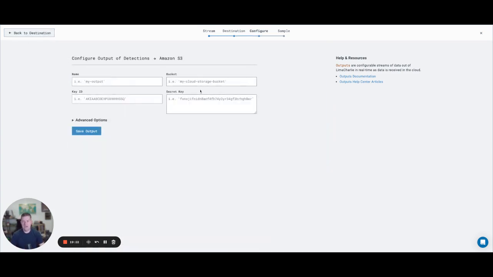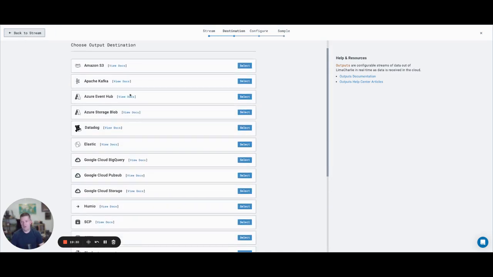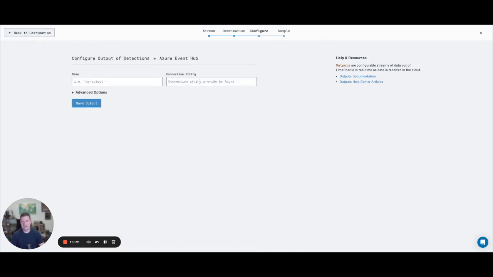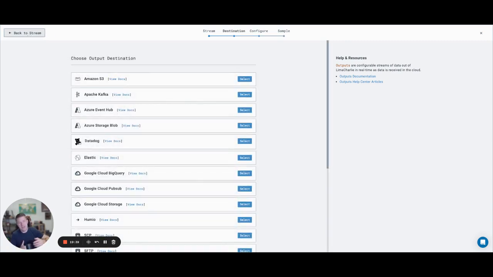If I hop over and take a look at S3, for example, S3 bucket configuration is pretty straightforward. I will need that key ID, secret key. If I hop over to the Azure Event Hub, it's the exact same thing. Long story short, I like to tell folks this is not a send it off into the ether and you never hear from it again. Usually output streams are highly customizable for very specific needs. So make sure you get your access permissions and everything set up ahead of time in order to receive that